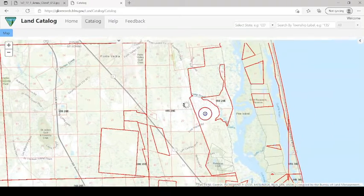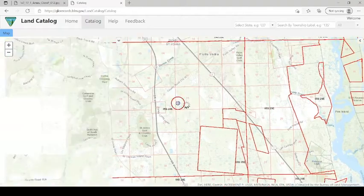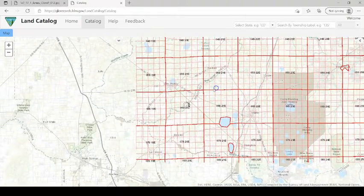5 south, 29 east. You can see the numbers. And then within that, you're going to see these small red numbers, and that's going to tell you what section we're talking about. Now, normally, if we pan over outside of all this Spanish land grant bonanza over here,